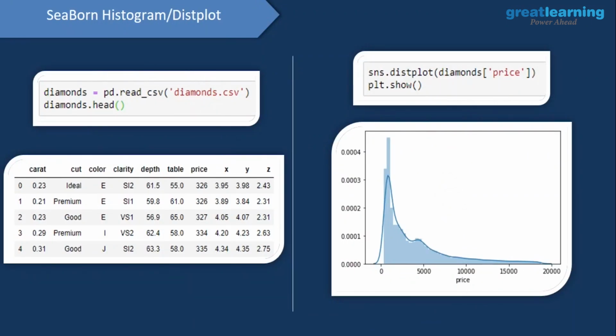Now we'll go ahead and make a histogram or a distribution plot. A distribution plot, you can consider to be a combination of a frequency curve and a histogram. And we've already worked with histograms when it came to Matplotlib. We know that a histogram is used to understand the distribution of a continuous numerical value. So for this, we'll be using the diamonds data frame.